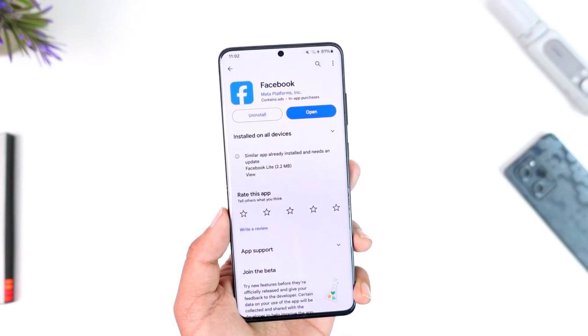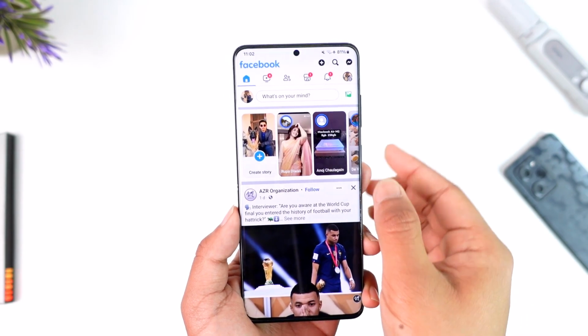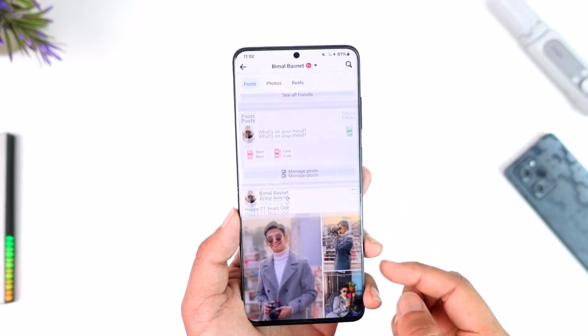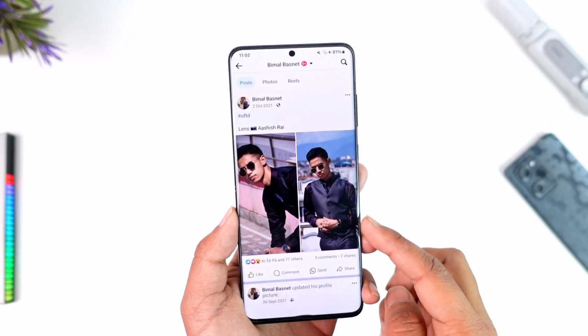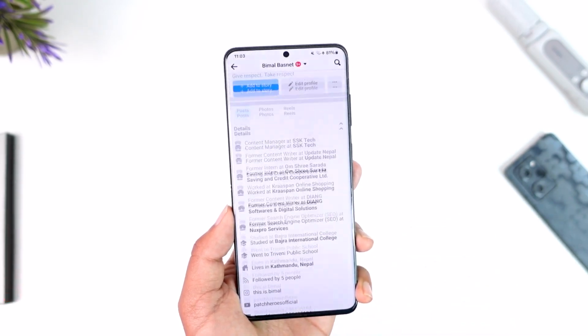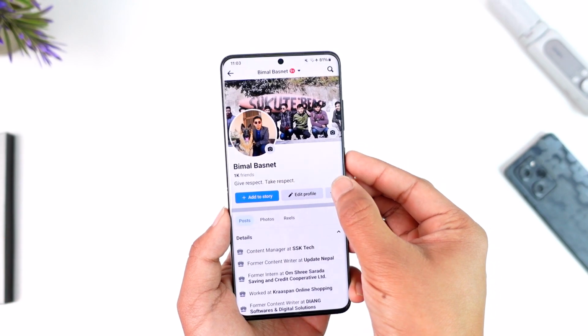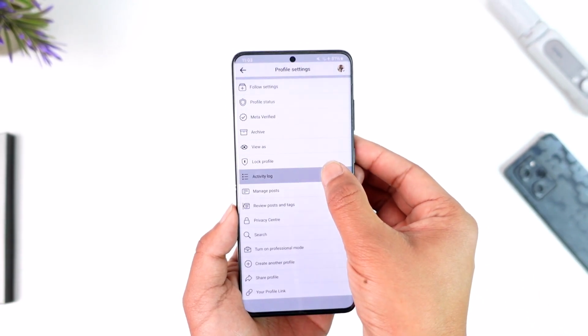To retrieve deleted Facebook photos, open up Facebook. Then just come to your profile page by tapping the profile icon from the top left. If you happen to delete something from your post, such as a particular photo or the whole post itself or a comment or anything like that, you can choose to restore them by simply going to the three dots option over here. Once you go to the three dots option, you can go to the option that says activity log